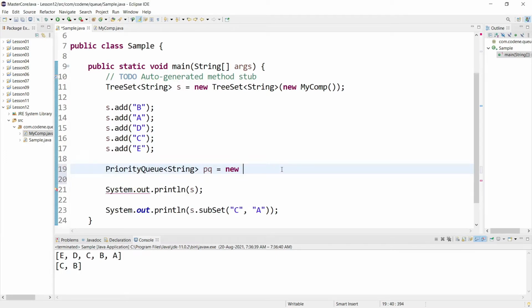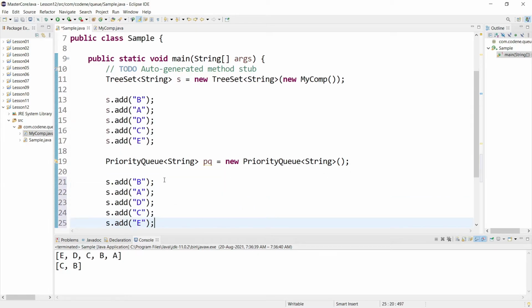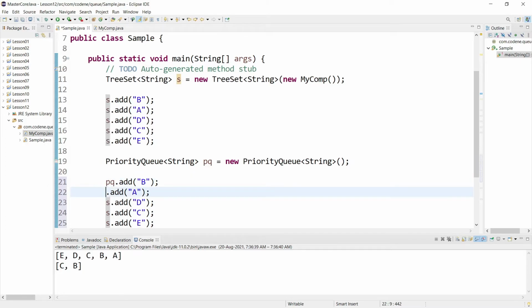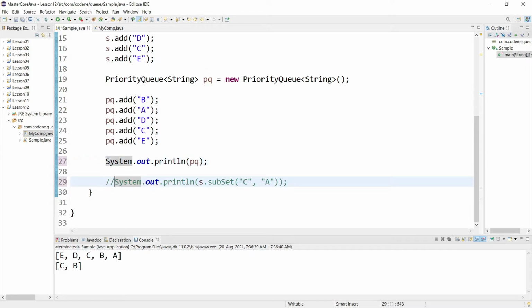Now I will copy the elements quickly, so here this is our element. I will say PQ, PQ, PQ, PQ and PQ. So we have our priority queue PQ. Here I will print PQ and comment out the rest. All right, our priority queue is set.